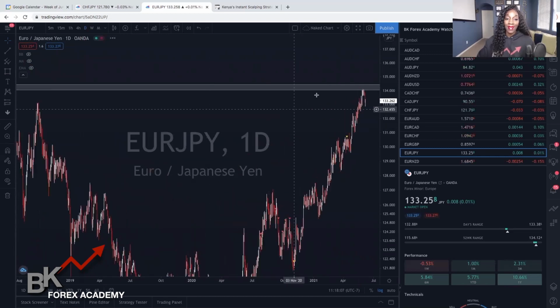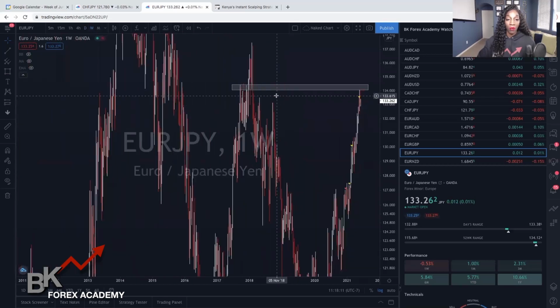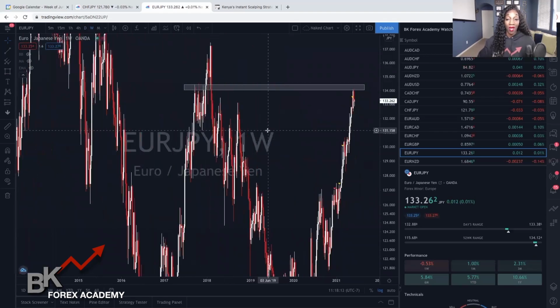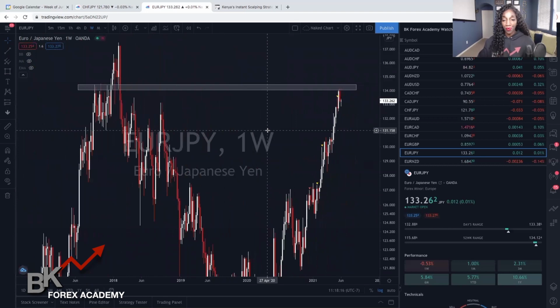So this makes sense that selling pressure would come in at this area, right? Based on what we're seeing on the weekly, and look how much the market was pushed down. Now, what can possibly happen? Considering that this is an area where the market held as previous resistance, notice also how it's now holding